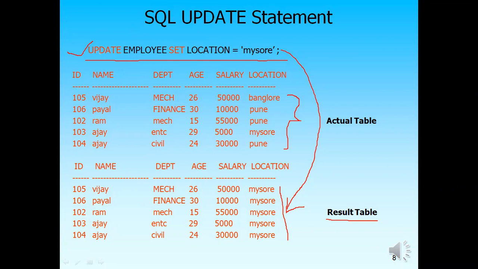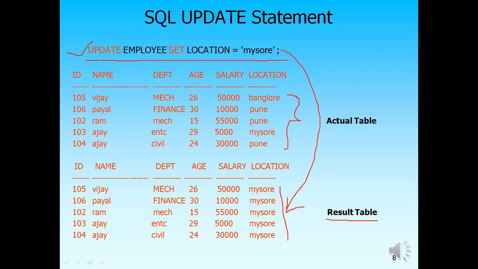Here the alter statement command we use to alter the structure of the table, to change the column name, change the data type, data size, right? So that's why alter is a data definition language command, but update is the DML statement. Many times your external examiner also asks you this question: what is the difference between the alter table statement and the update statement? So you can remember the main difference: update is the DML statement and alter is the DDL statement.